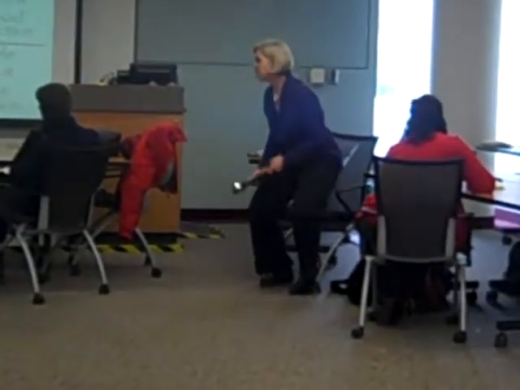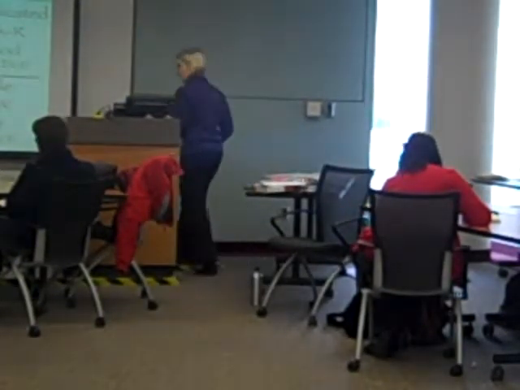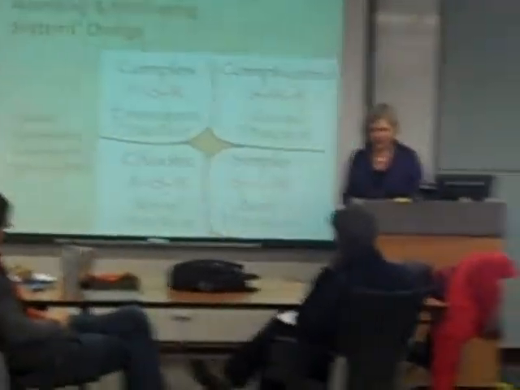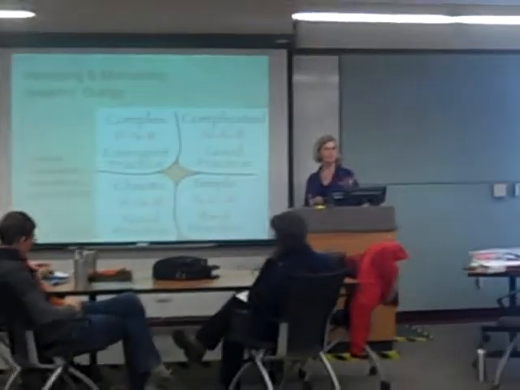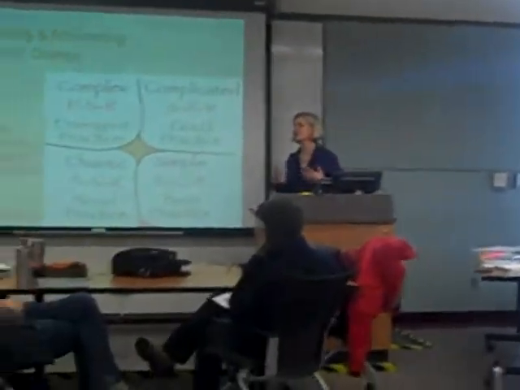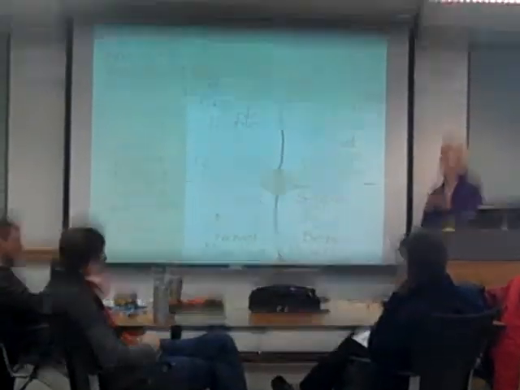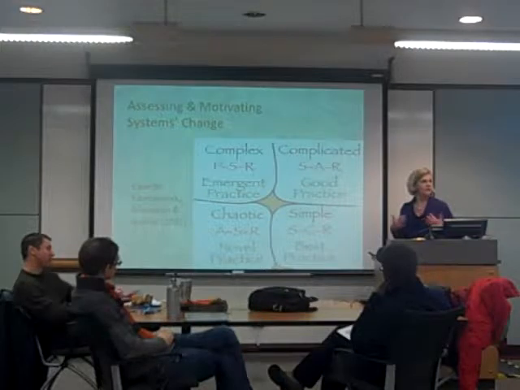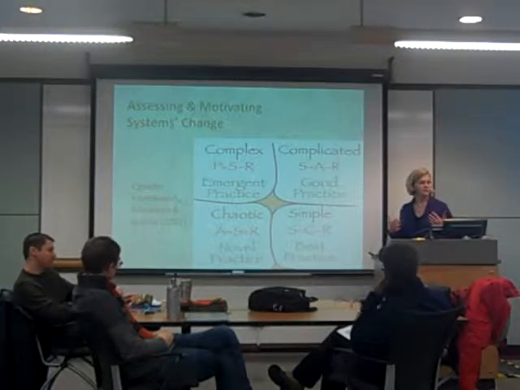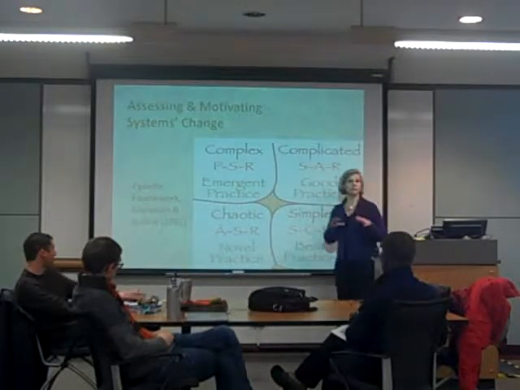Basically, Snowden is a Welsh guy, and he created this thing called the Cynefin framework. To me, why it's really helpful is it gets to Dave Duxbury's point that not everything is complex systems. And it also helps us think about, if we are in different kinds of contexts, how do we act? How do we try to intervene as a leader to move things along? So let me just orient you here. There are really five different domains.